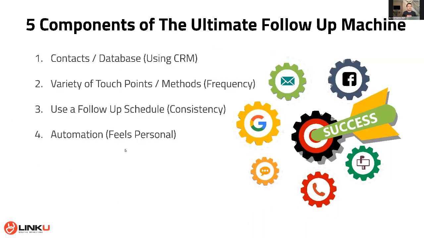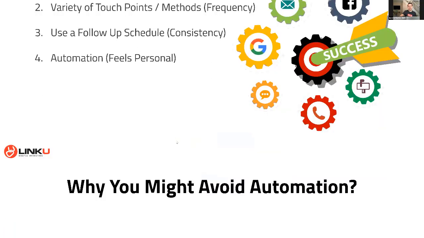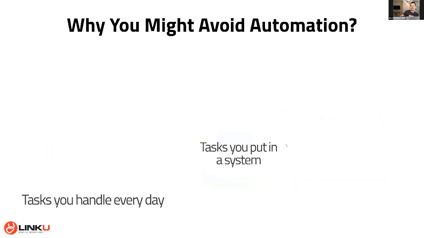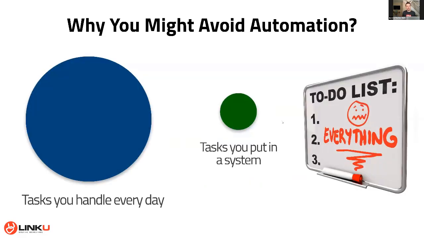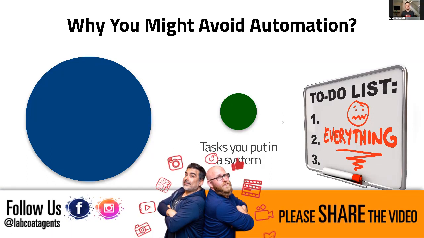And then the automation. This is the part we're going to spend a little extra time on. How do you do this in a way that you can automate it? Because you need help. A lot of you don't have the time to do it, because you already have a million tasks that you do every day. And a lot of you end up taking on all this stuff and not leaving it up to automation, for many reasons. Many is just not understanding how to properly use the automation.